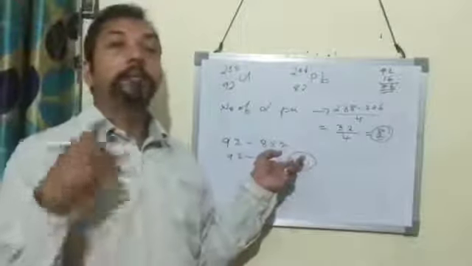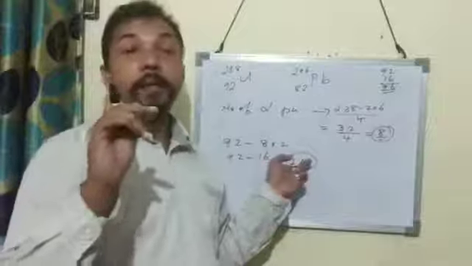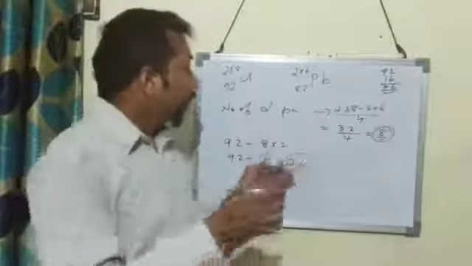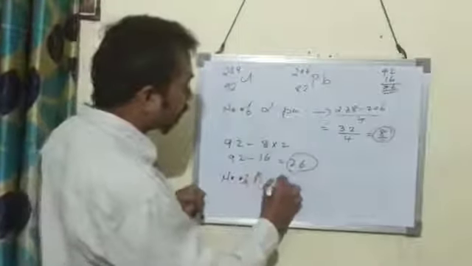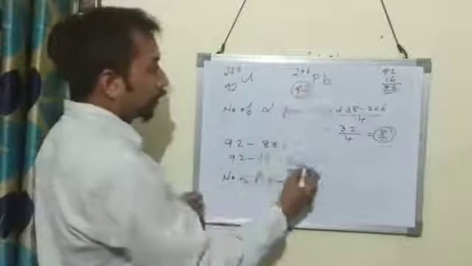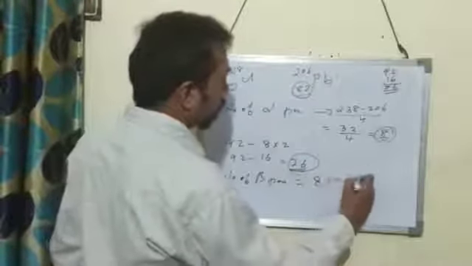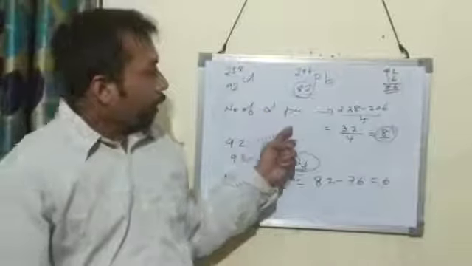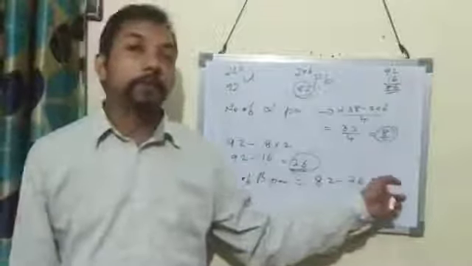And you know, in beta emission the atomic number increases by 1 and mass number remains the same. Then in order to find the number of beta particles emitted, we will find the difference of this atomic number and 76. That will be 82 minus 76, which is equal to 6. So this way we solve. The number of alpha particles emitted is 8 and the number of beta particles emitted is 6.